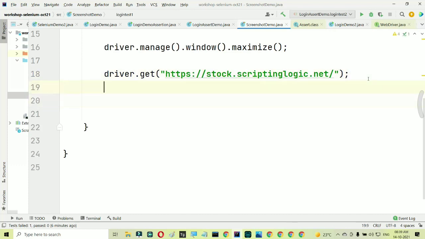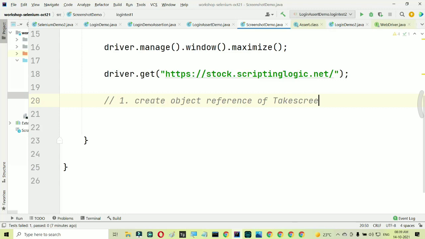The first step is: create an object reference of TakesScreenshot. This is an interface readily available inside Selenium.